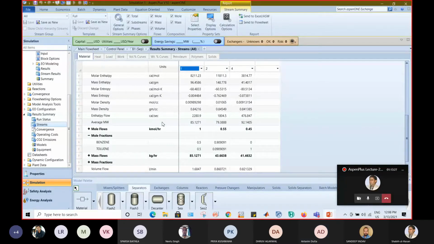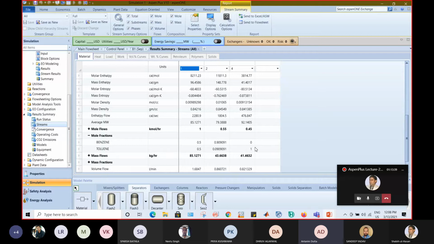See, the benzene mole fraction is almost 0.91, and this is 0.09. But the toluene in the second stream is still 1, since we have not provided any specification regarding this stream. So this is how you can play.